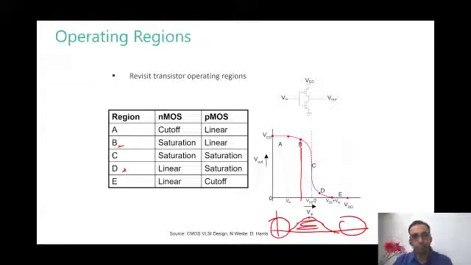Sir, in this current one, when we had the points B and D, then basically either the PMOS or the NMOS was in linear, right? So except for when both are in cutoff, some current will be flowing. So I'm not able to understand this curve actually which you just drew.